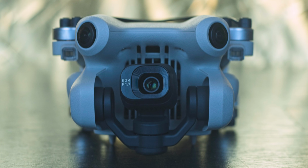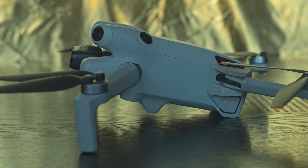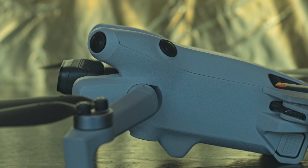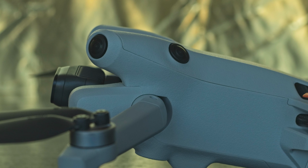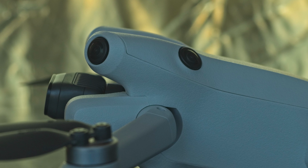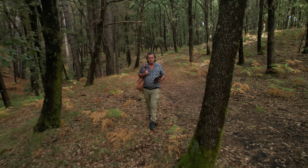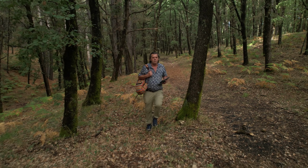On the other hand, the Mini 4 Pro is a true powerhouse in terms of features. It is the first drone below 250 grams to offer omnidirectional obstacle avoidance, a major safety feature previously reserved for the Mavic 3 line. With this functionality, it is now possible to track subjects at close range using the improved